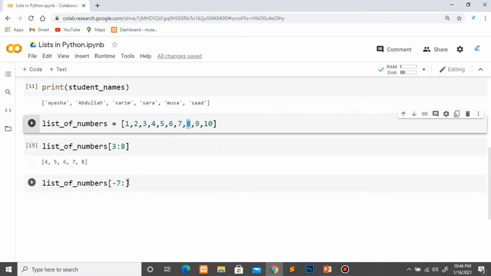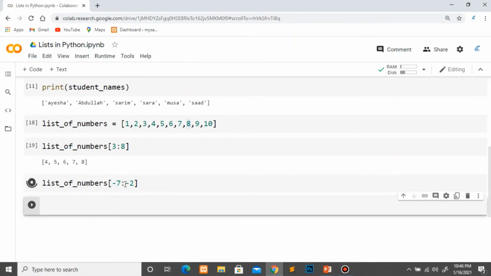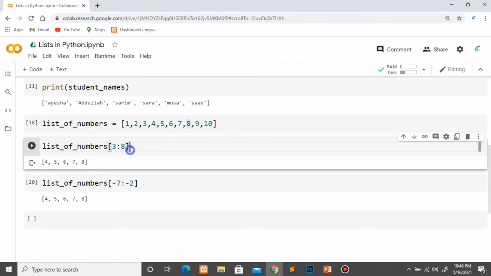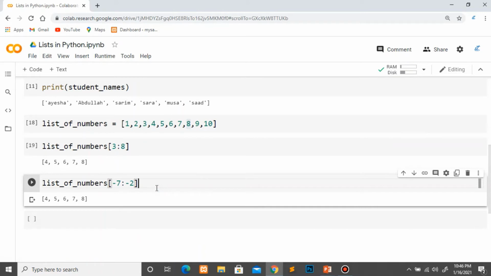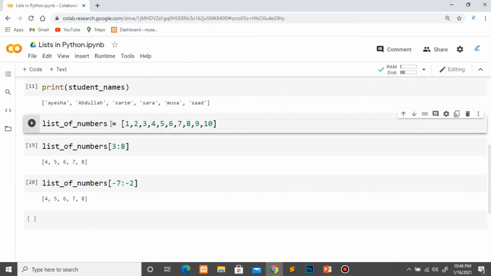So I will write -2 here. When I execute it, it will give me the same output I got from left to right indexing. So this is the way of taking slices from the main list. I have taken a sub-part from this main list.